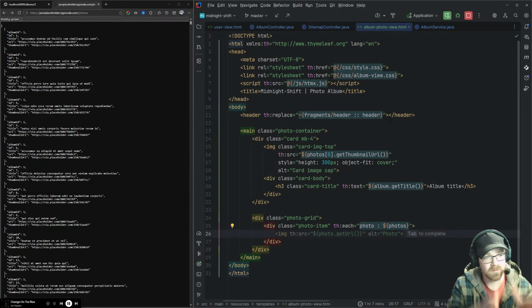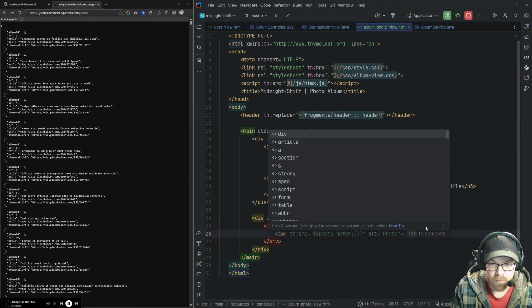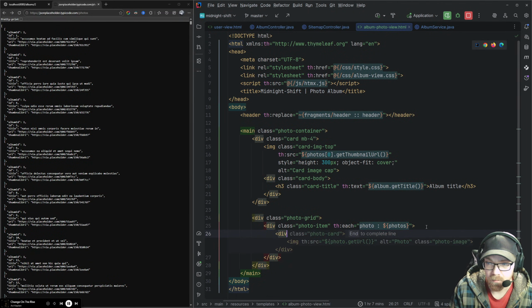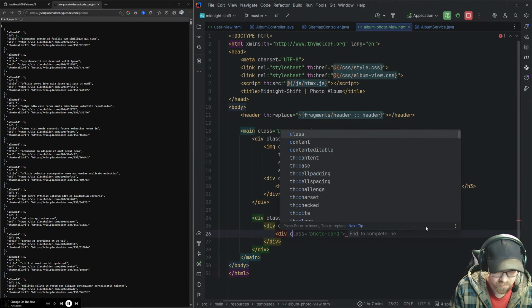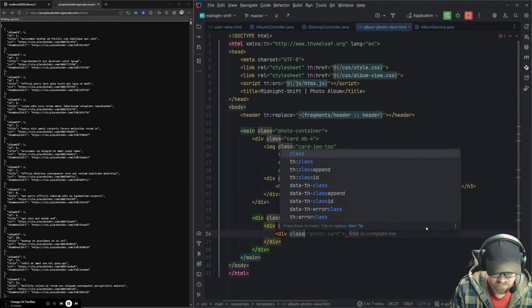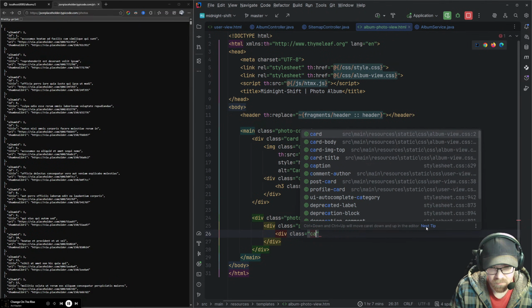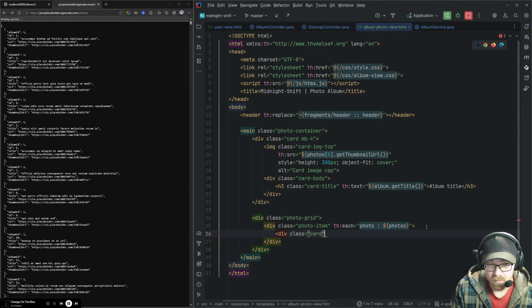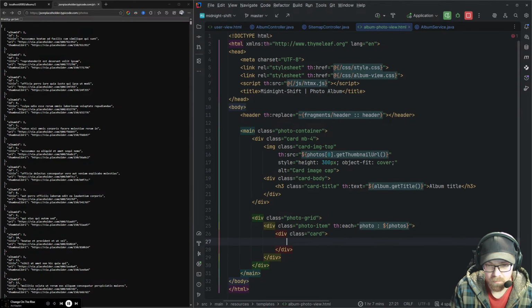Yeah, so I want these to be sort of like columns of images. So we're gonna go with div class. I think I called this just card, or I think I'm using just card. Sorry, card. Card div image.